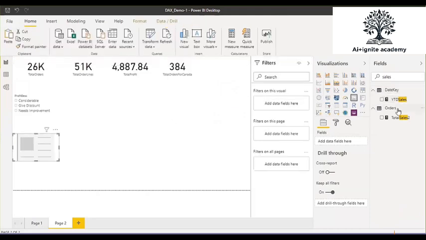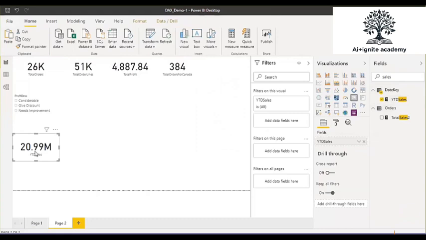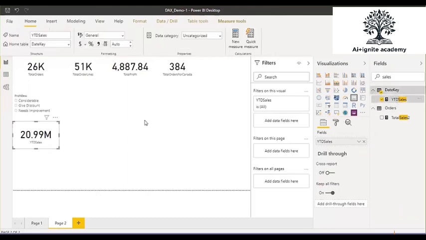Here you got the YTD sales, although this is not the correct data. Why? Because I'm not having the latest data set in this file. I have the data till 2015, so it is considering the YTD for 2015. In real scenarios, when you will be working on your business data, you will be having the latest data. For me that's not possible, so that's why I'm using this data where we have the data till 2015 only. But this is the way the functionality works.